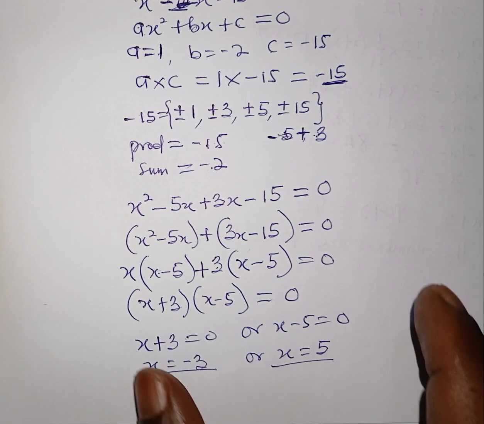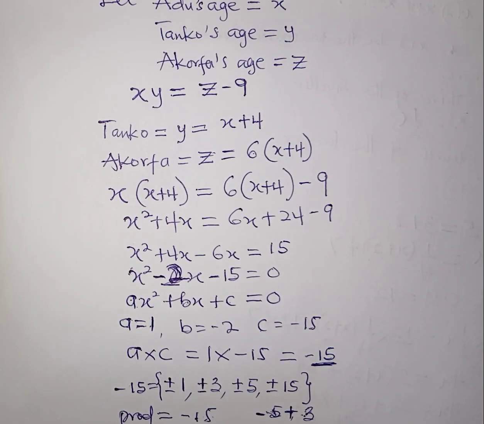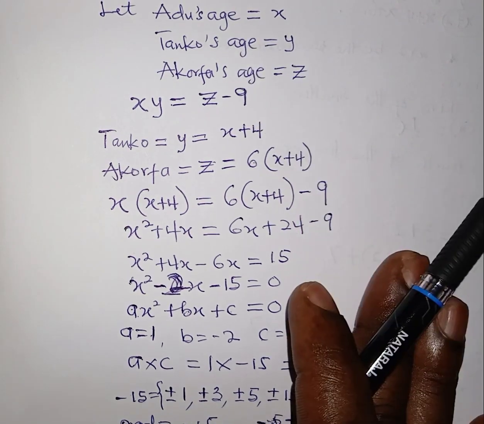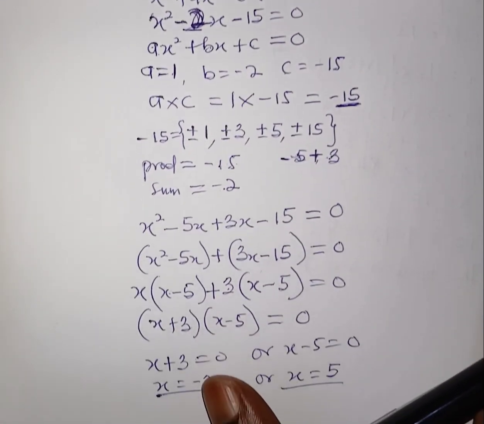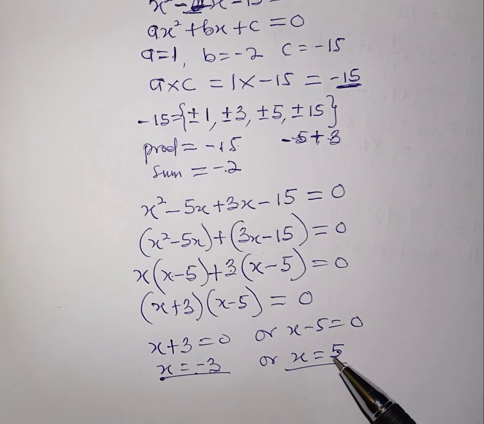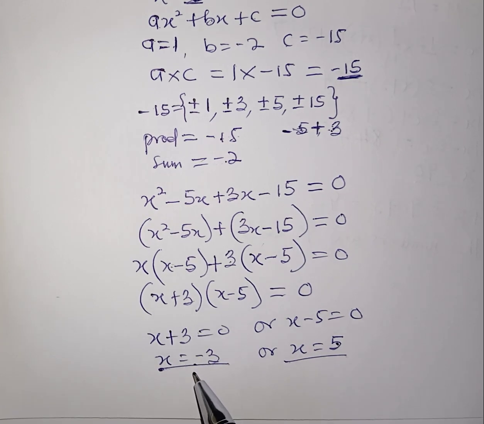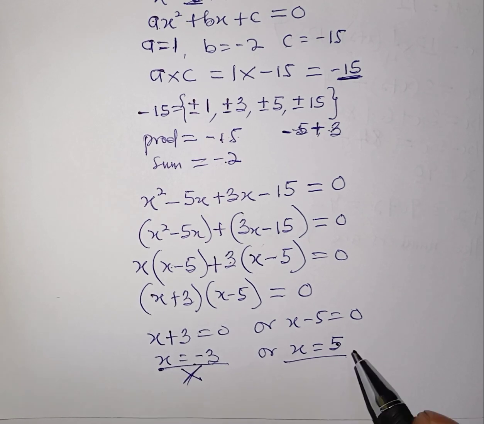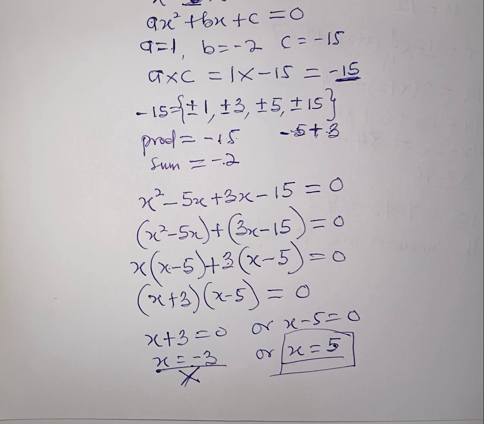Now this x stands for whose age? Know that this x here stands for what? Edu's. It stands for Edu's age. But you can see that we have gotten one negative, one positive. Since age matters, we don't deal with negative. Okay, we don't deal with negative. Then we are not accepting this one. So we take the positive one as Edu's age, and that is the x. Good. But